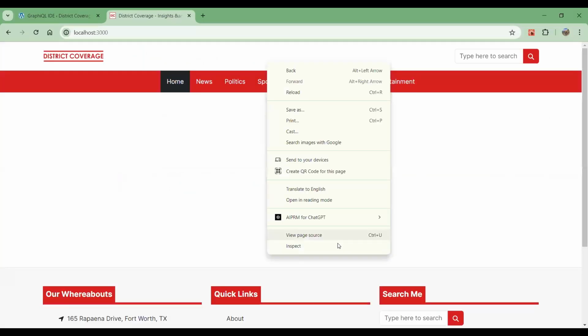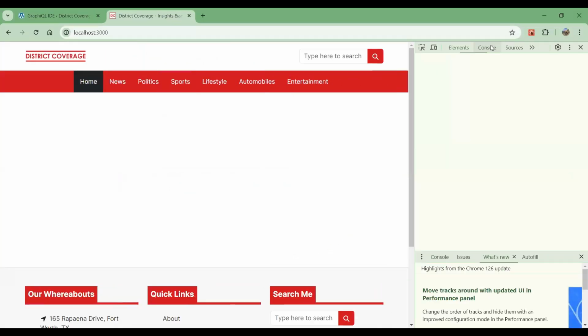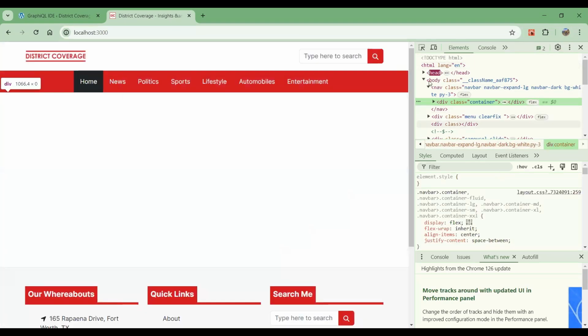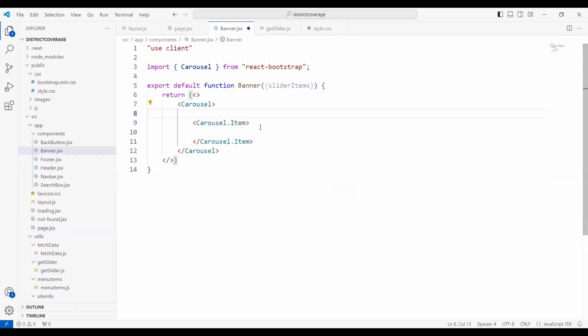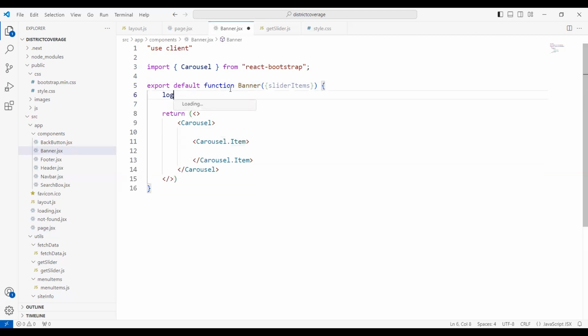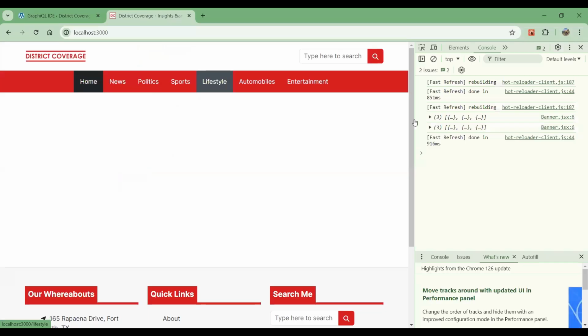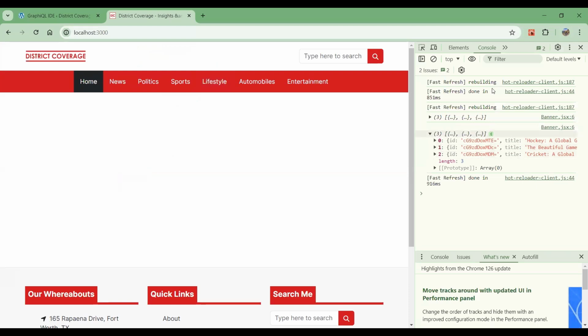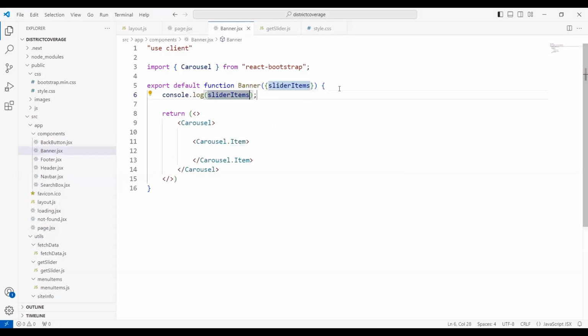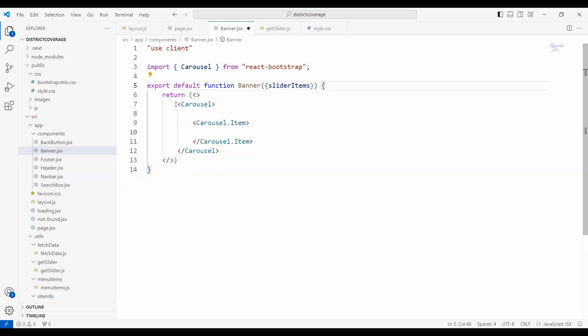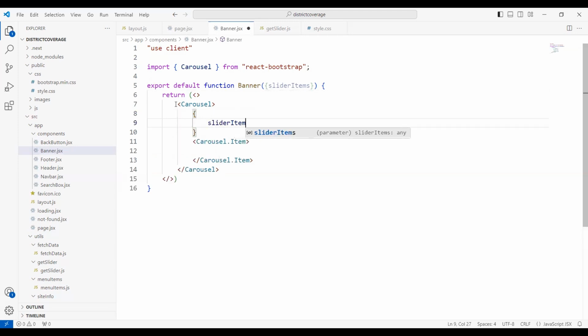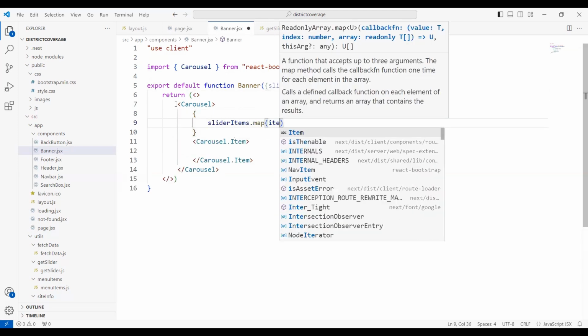So if we check the console here, let's try to check if we are able to capture the props. So let's just write console.log sliderItems, and see we are able to fetch the data here. Now we'll close this. We'll delete everything from here, and now we'll map it. So sliderItems.map. Now